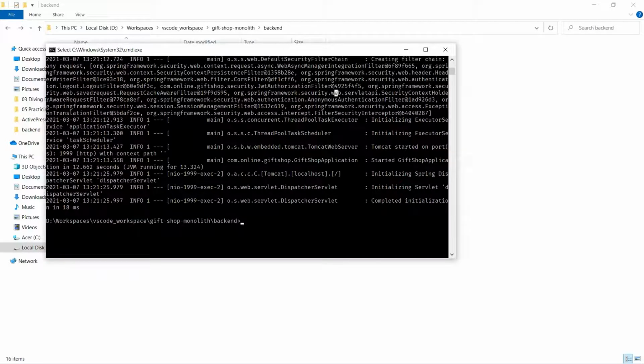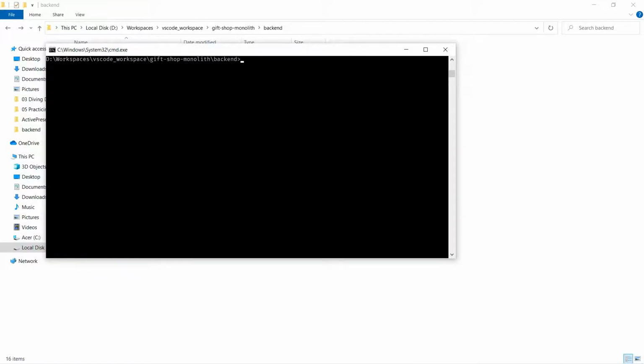The next step would be to rename our Docker image so that we can publish it in Docker Hub. The command for renaming is docker tag, the name of the image you created, your Docker username, followed by this name. Enter.